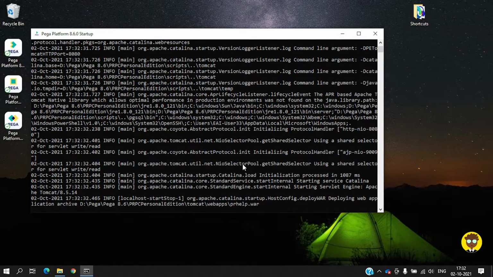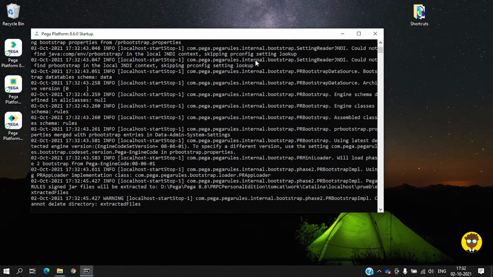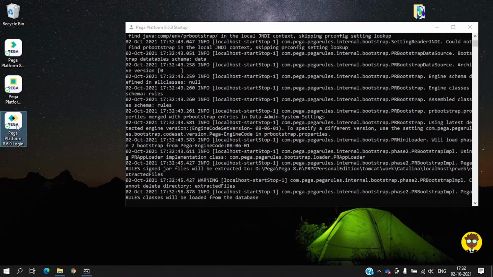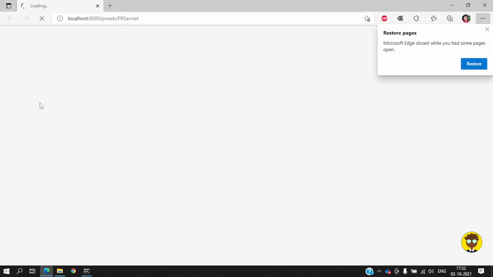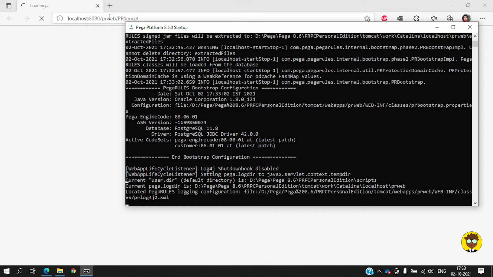Just click on allow access for the first time. So it is loading up, and in the meantime, just click on this login icon. Once the server has started, then of course this URL will be loaded automatically. So Pega startup will take time, like for the first time, it will take around 1 to 2 minutes to